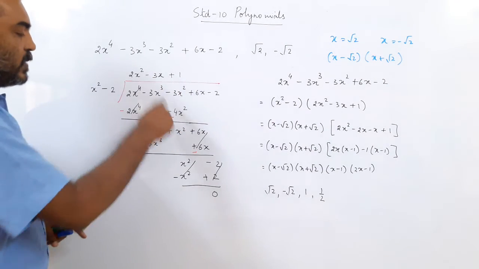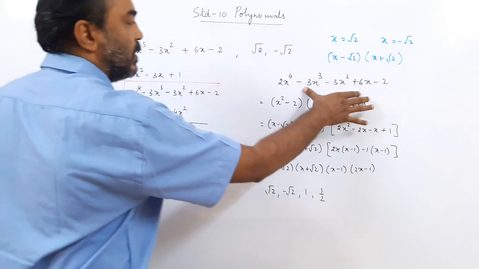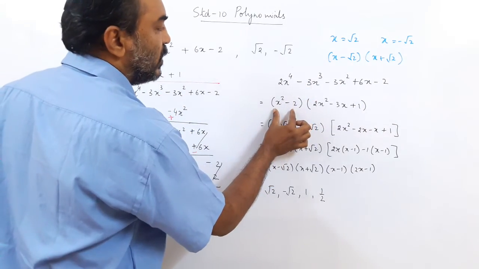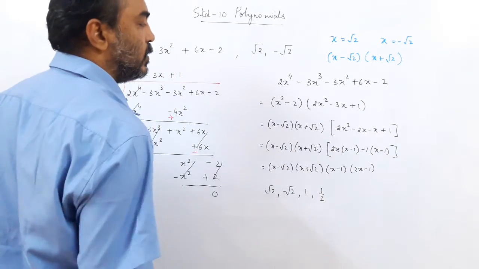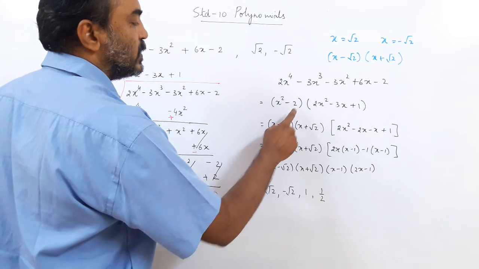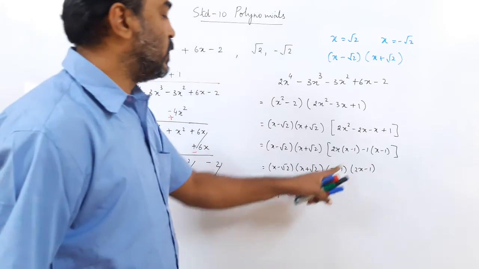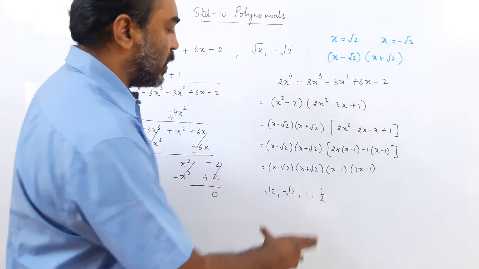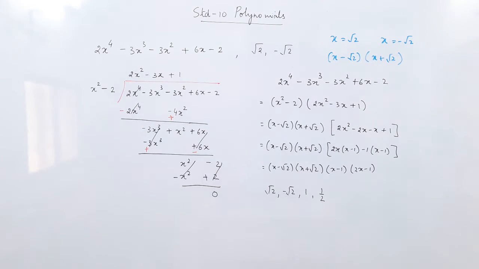then I did the long division method. This you should know. Then I wrote down this polynomial as dividend equal to divisor into quotient plus remainder. But remainder is 0, so we don't have a remainder. Then again I divided this. How did I factorize this? A square minus b square is a minus b into a plus b. And this is a quadratic equation, so I thought by splitting the middle term, I got all the 4 factors and the 4 zeros. So 2 were given to me and 2 more I found out by using the algorithm. So I hope this is clear to you.